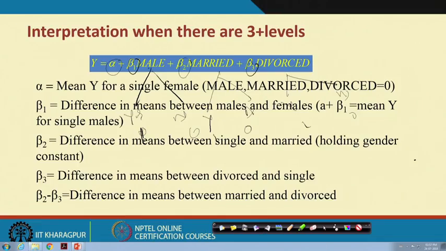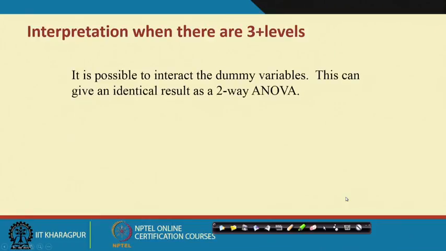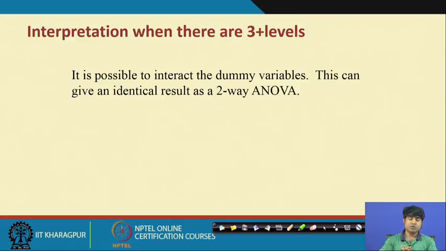So, it is the kind of structure through which you can understand the interactive models with the help of dummy modeling. And by the way, the same difference we can obtain through analysis of variance, which is called 2A ANOVA, because we are going through 3 levels: gender, then marital status, and then finally whether divorce or not divorce. So, it is multiple layers through which you can find out. Ultimately the sample will be divided into 2 parts.